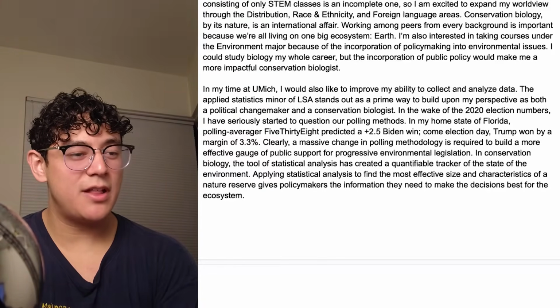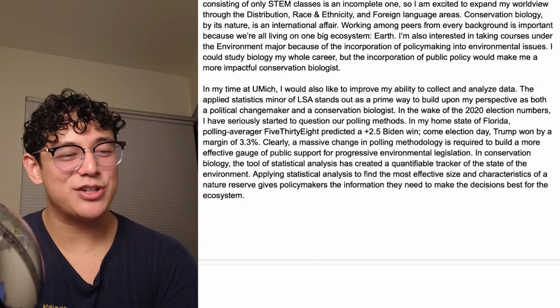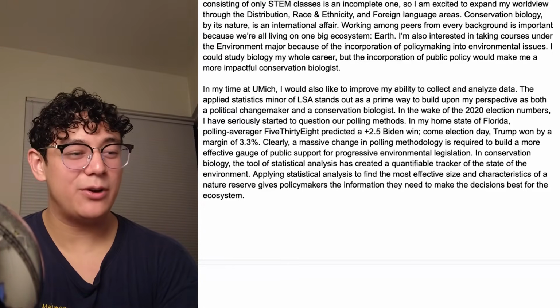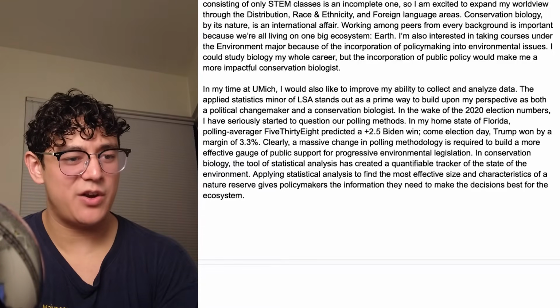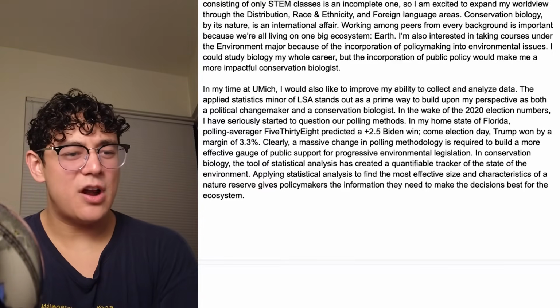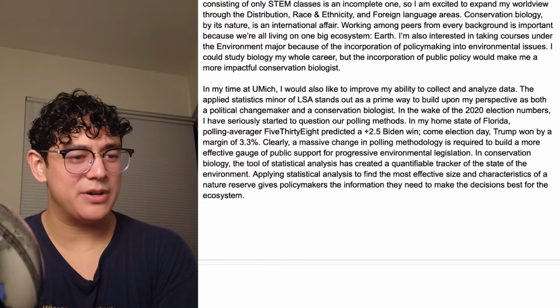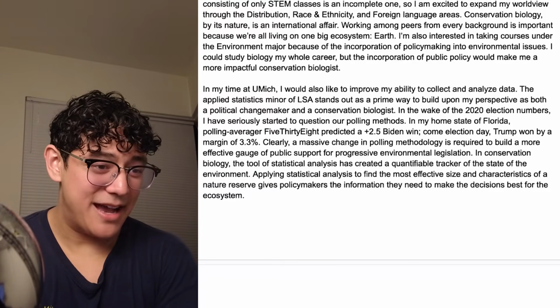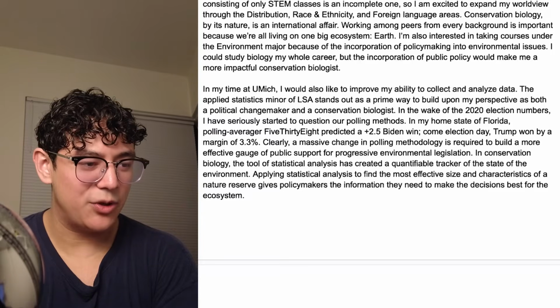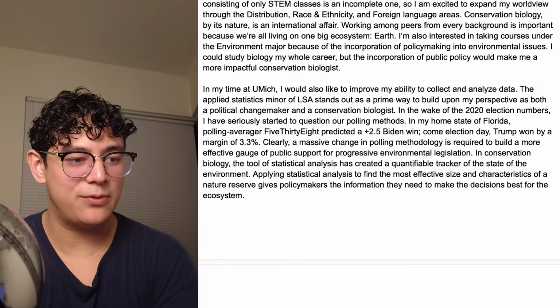In the wake of the 2020 election numbers, I have seriously started to question our polling methods. In my home state of Florida, polling averager 538 predicted a plus 2.5 Biden win. Come election day, Trump won by a margin of 3.3%. That was in Florida, not nationally. Clearly, a massive change in polling methodology is required to build a more effective gauge of public support for progressive